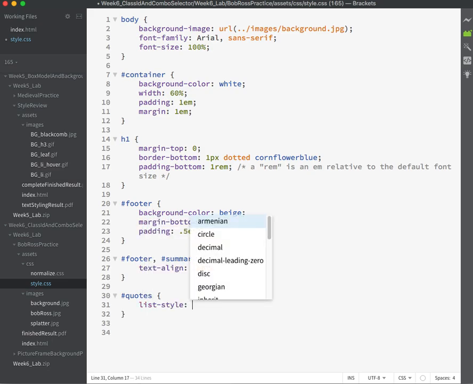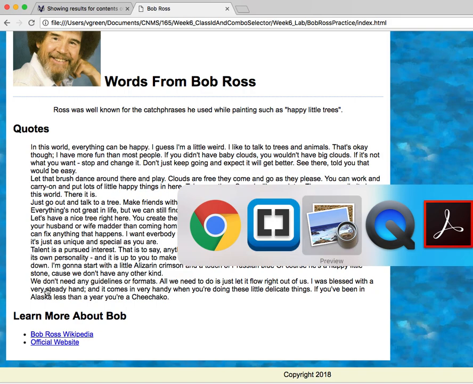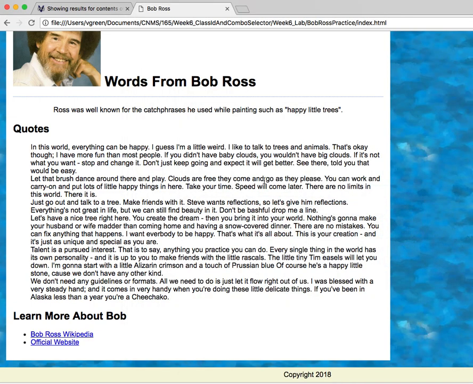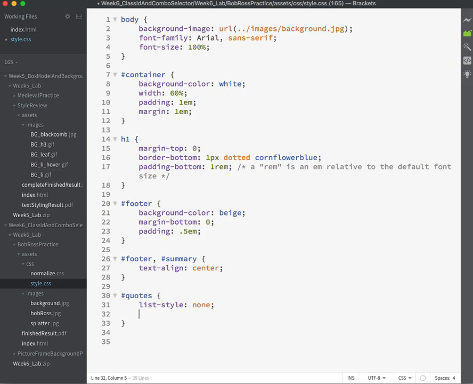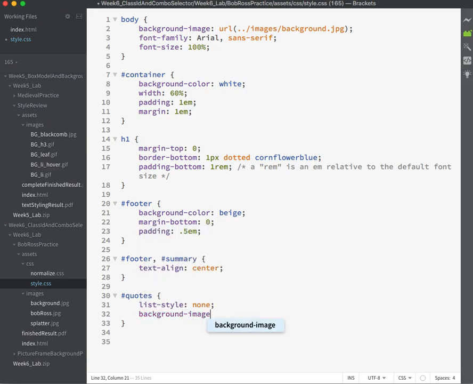list style, none. You could also say list style type. List style is the shortcut selector. There they go. Okay. What else is going on with those? Looks like a little bit of more space between the LI elements and then also a background image. Now, note, this background image is not on the UL, right? If we try to put it on the UL, we're going to be in a world of hurt no matter what we do. So, for example, background image, URL, and then